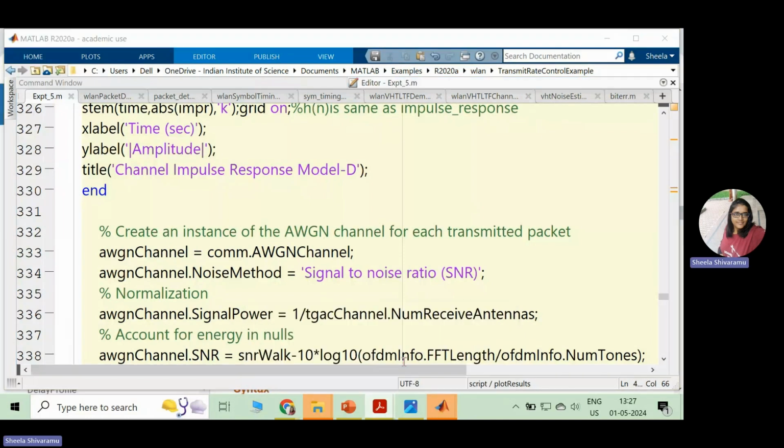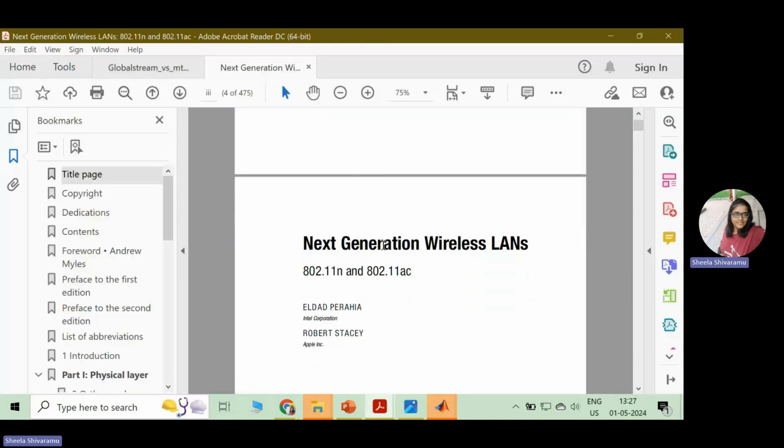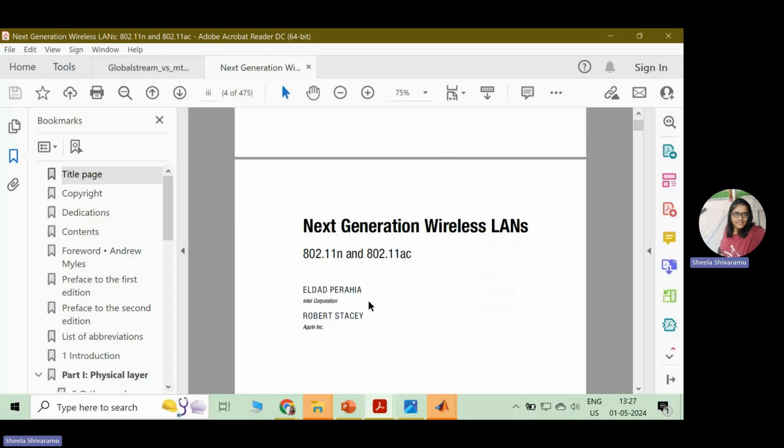And I wanted to show one particular textbook here. Yeah, this is Next Generation Wireless LANs, 11n and 11ac, by Perahia and